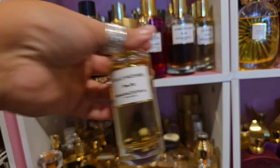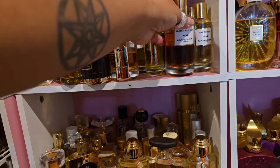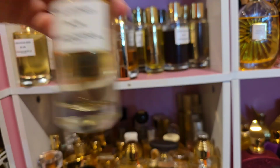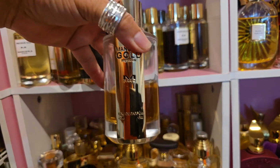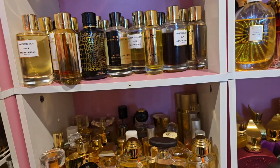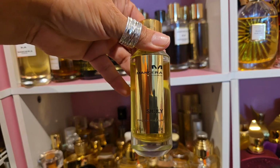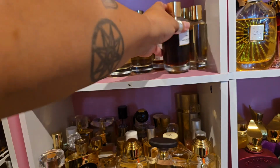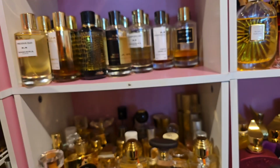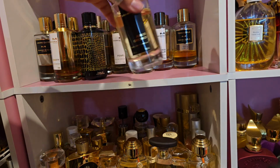I'm just going to run through them. This is Gold Incense, Lovely Garden, Jasmine Exclusive, Fig Ecstasy, Gold Prestigium, Black Vanilla, Royal Vanilla, Sicily, Oud Exclusive, Wild Fruits, Precious Oud, Oud Orchid,